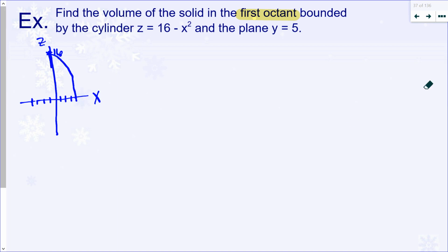So this is the shape that I'm looking at, and I'm looking at that shape from y equals 0, which is on the xz plane, all the way to y equals 5. So you're going to imagine this being gathered parallel to the yz plane, kind of out of the screen 5 units. And so it looks like this, where one edge is this cylinder, but then